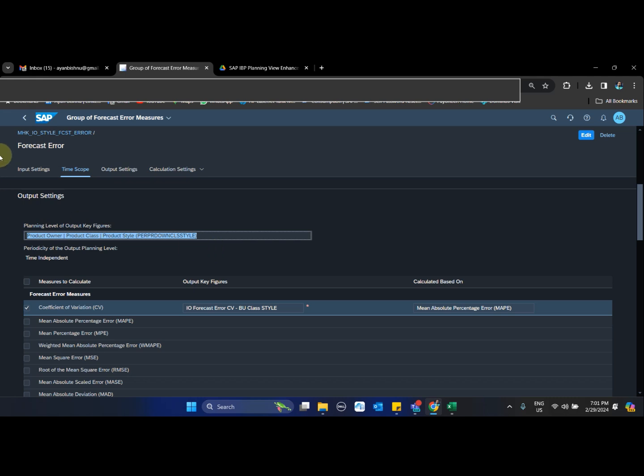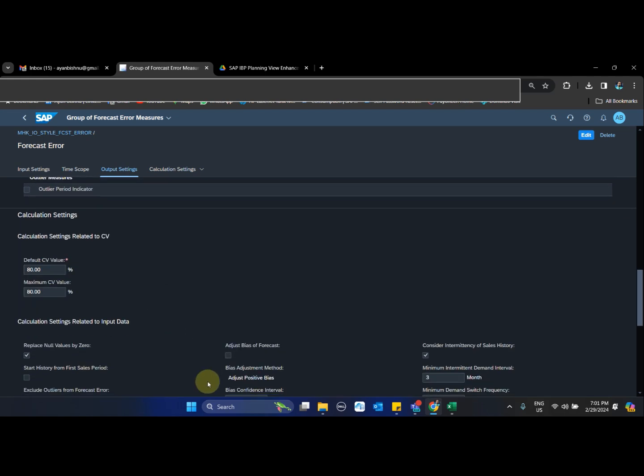So in this case, it is not necessary for me to have a planning level with a time period. I can have it without a time period, and then I can extend or extrapolate it to other time periods using different options. So here I am using the covariance, and the calculation method I have used is mean absolute percentage error, MAPE.